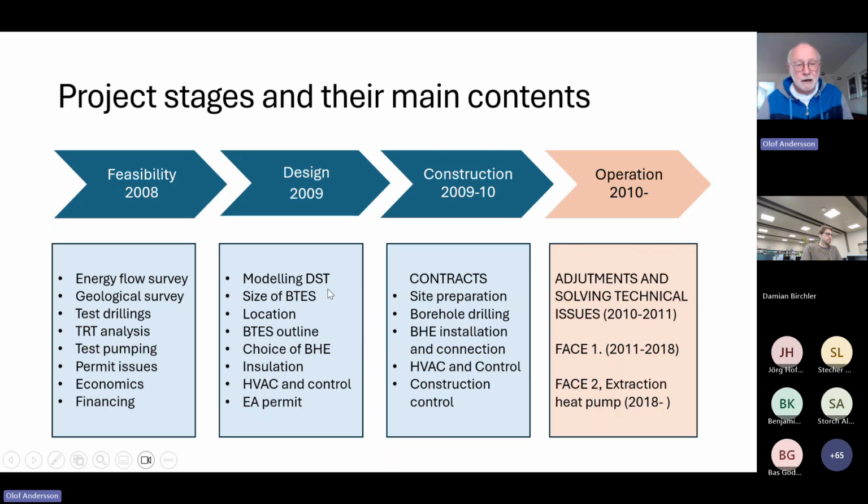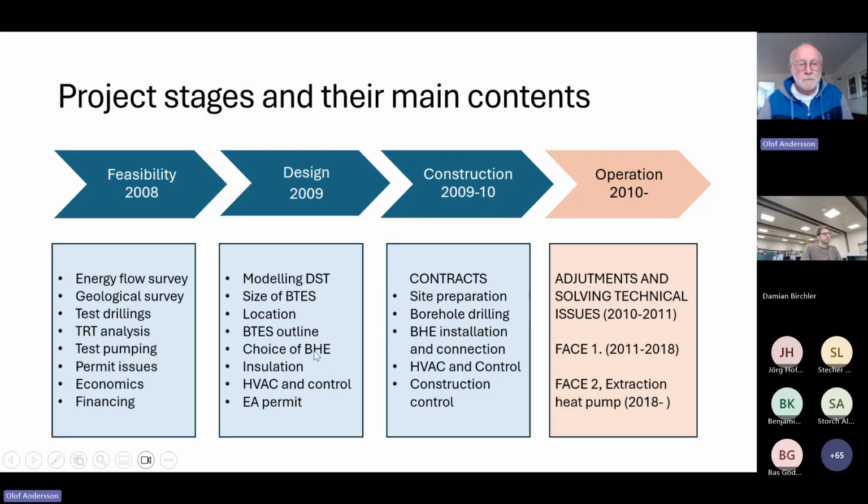In the design phase, we used modeling. It's a duct storage model, called DST. So we found out the size of the BTES and the location. We looked at several alternatives, and when we had the science, we decided on the location. And then we made the outline for the whole system,